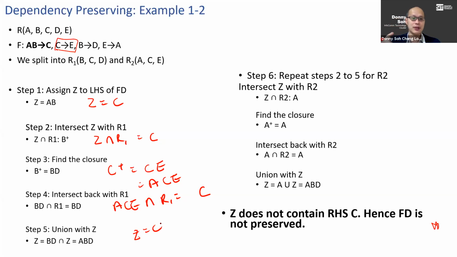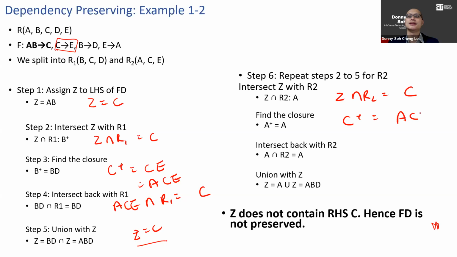So this is for the R1. We cannot stop here yet. So you have to check with R2. So first, Z intersect with R2 will give me back C. I find the closure of C, which is going to give me